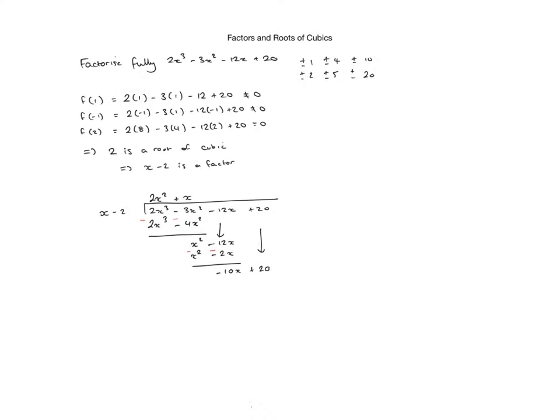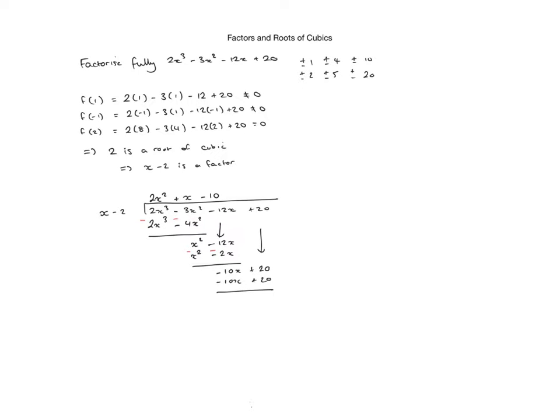And let's go through this again. So how do I get from x to minus 10x? I have to multiply by minus 10. So off we go. So minus 10x. And minus 2 times minus 10 is plus 20. And as you can see, both top and bottom are the same. That means I'm going to get no remainder, which is great news because that means I know that I've done